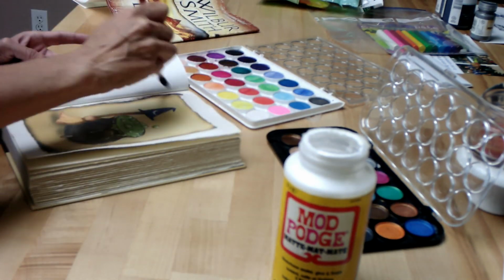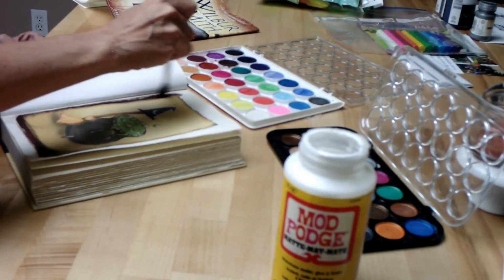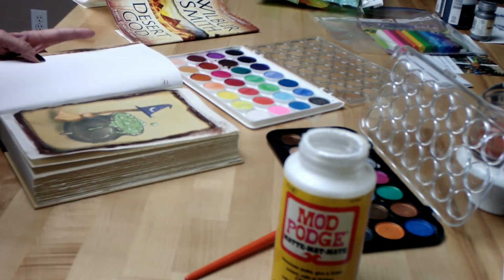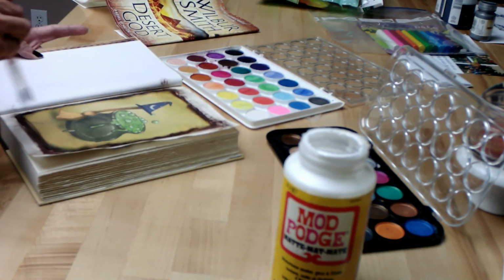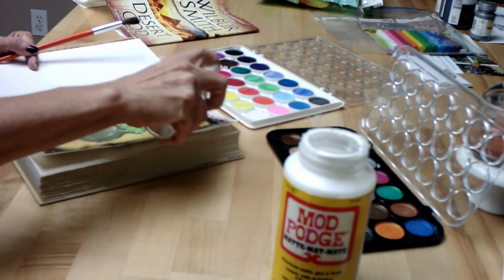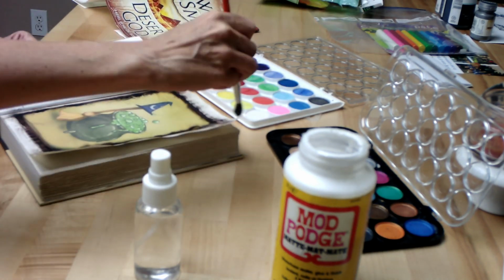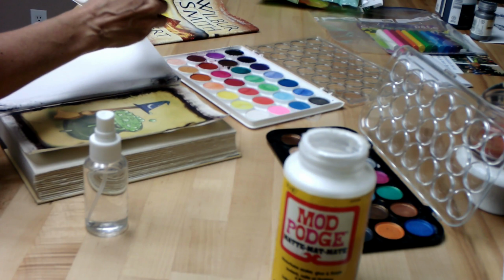So for this particular project, I wanted to use my watercolors. So I am taking some black watercolor paint and I'm going around the edges of the page. And then I just kind of continued this process with various different colors that I thought looked good with the page. And I used my water to kind of dilute it, even on the page. It's perfectly fine if you spray the page. But yeah, I just went through and painted it how I felt it looked aged, but also included a little